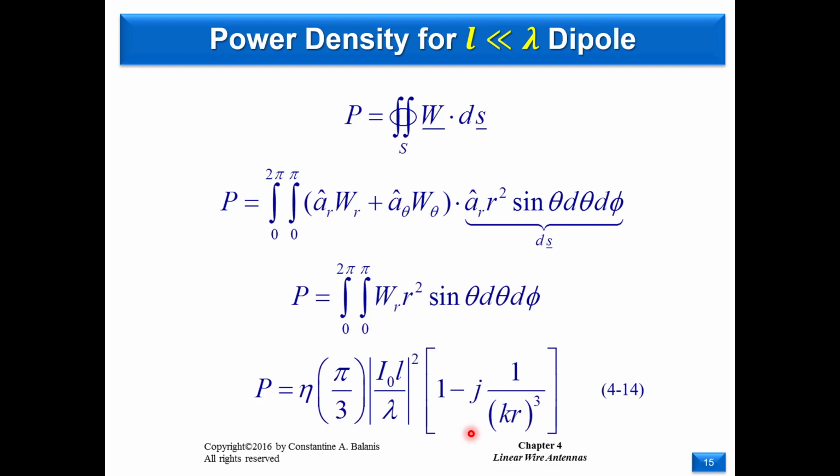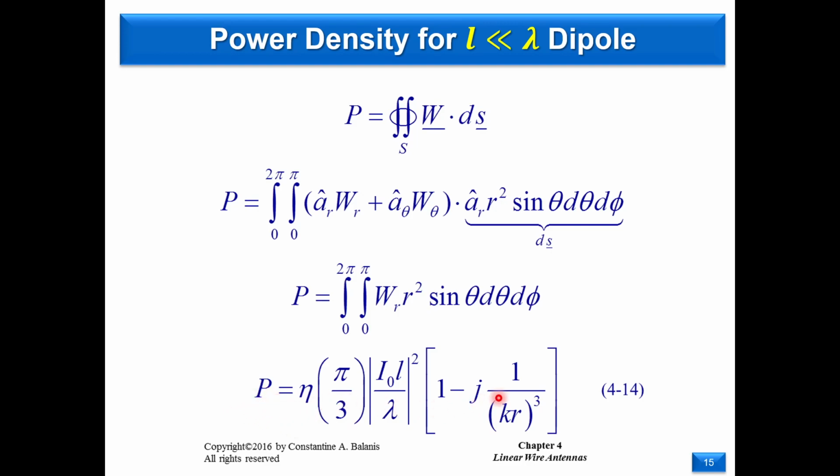As I said, in order to calculate directivity or radiation resistance or input resistance, we need to calculate the total radiated power. So for total radiated power, we integrate over the surface of a sphere, over the whole surface. We just apply the expressions for W_r, the one in the r direction, and W_theta, the one in the theta direction, over the whole volume, and we're going to get